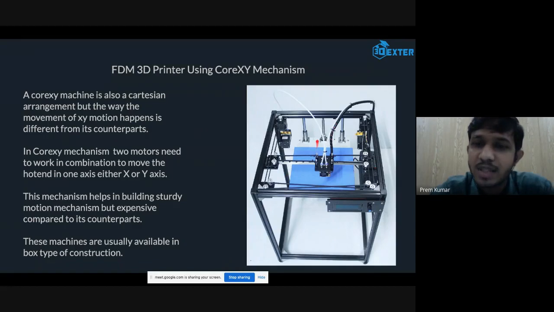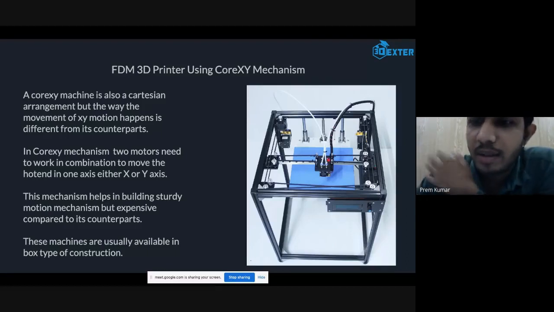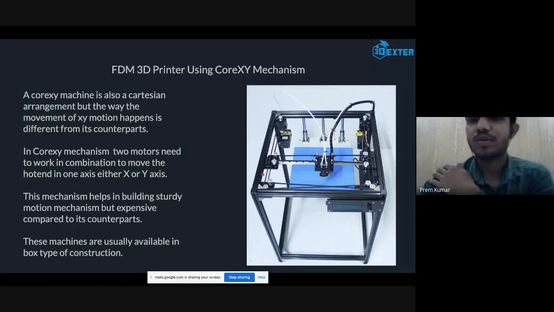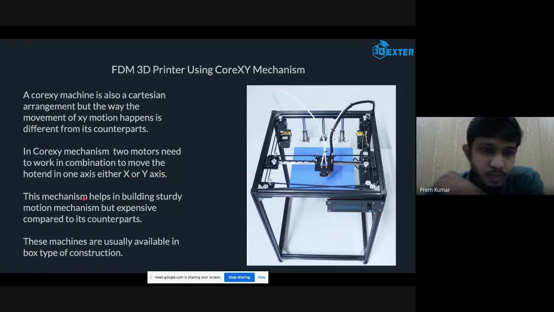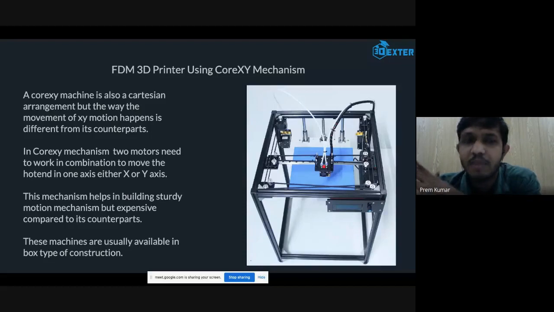This mechanism is a little bit complex for a beginner to build, because it has a lot more constructional parts, and you have to completely close it from the sides also. You need to spend more money on this kind of printer, and they are not that cheap. But the parts that we are using in these three kinds of printers are almost the same. You can see the bearings, motors, pulleys, belts. These are the same for all the different kinds of printers.